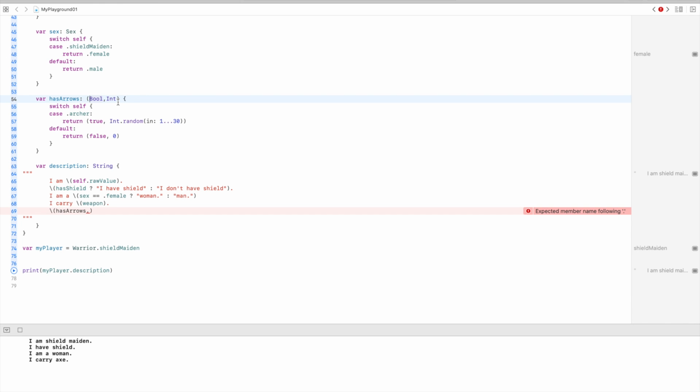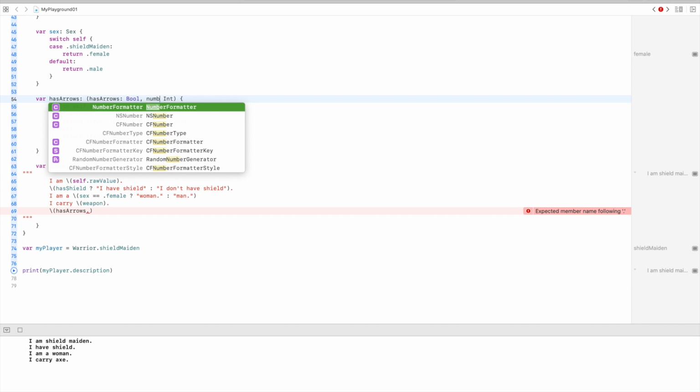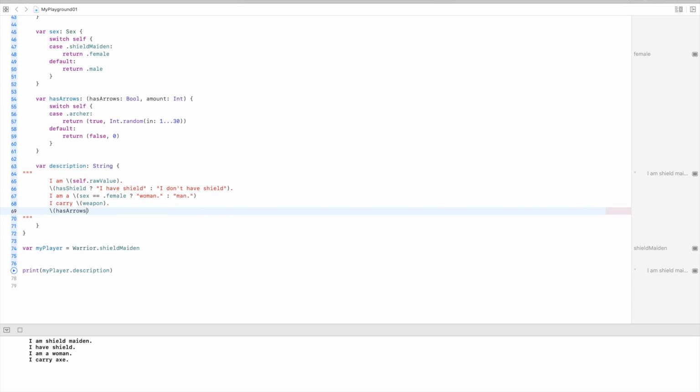Well, I can't think of anything. We could just say has arrows again. It's kind of funny to do because it's the same name as the Boolean, or as the computed property. But then we can say number, or we can say amount. Amount. So now we can say has arrows. It's redundant, but it works. If the character has arrows,